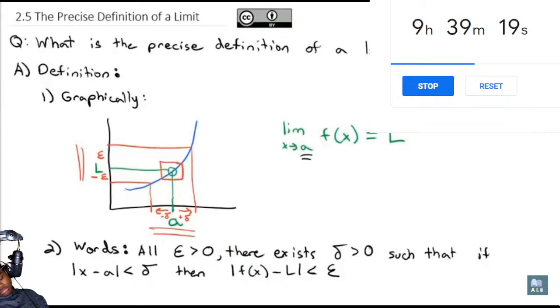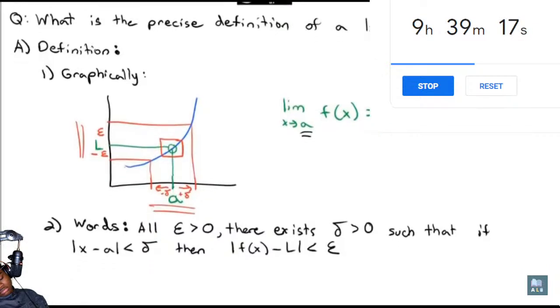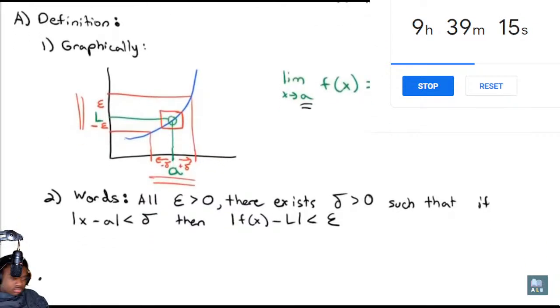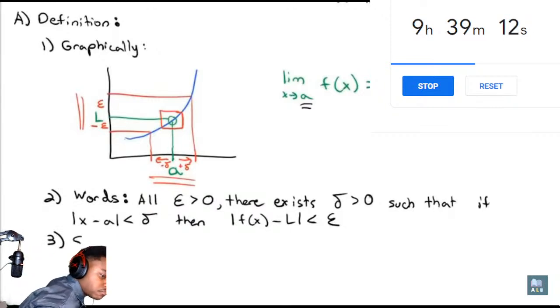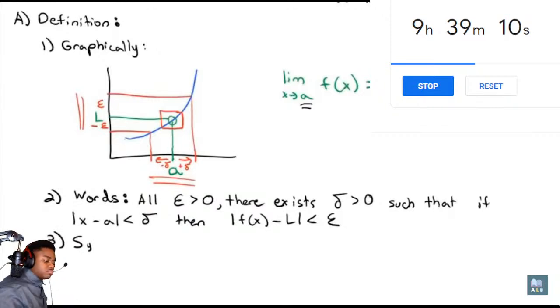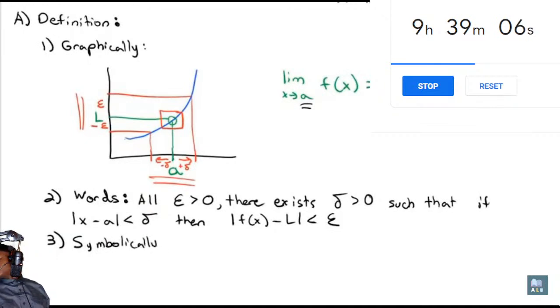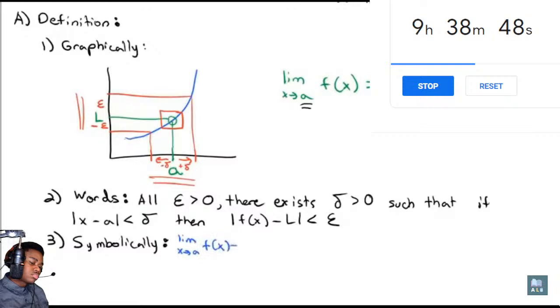Now, because mathematicians like to show off and make things more complicated than they really are, we actually can represent this entire definition symbolically. Just a symbol. That's all. So this is a neat party trick, to be able to write down really quick the precise definition of a limit without writing a single word. So here is symbolically the precise definition of a limit. This is a thing of beauty. The limit as x approaches a of f of x equals L